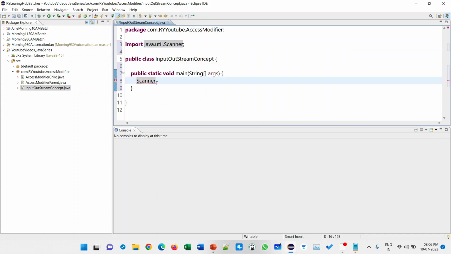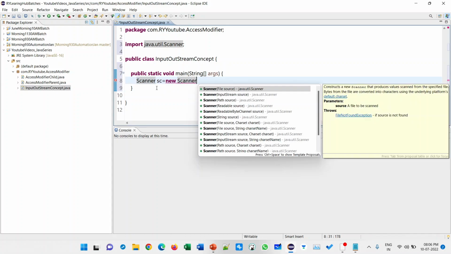We have already discussed how to create an object of any class with the class name, the reference variable name, the new keyword and the class constructor. We have many constructors, like the parameterized constructor. We will cover all the constructors in coming videos.